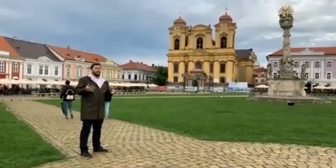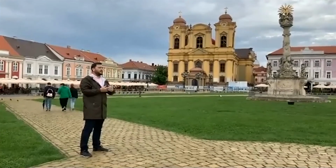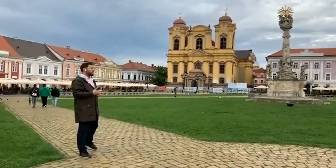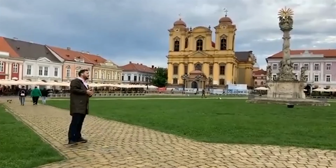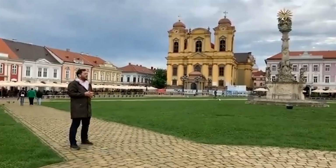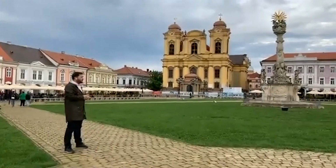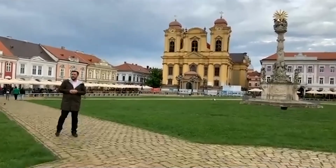There are two other very important squares in the vicinity of the University: the Liberty Square and the St. George Square. Also very nice, filled with Baroque buildings from the area. We cannot show all of them since it would take too much of your time. We would like to end our tour here and hope that during the next conference, we at least